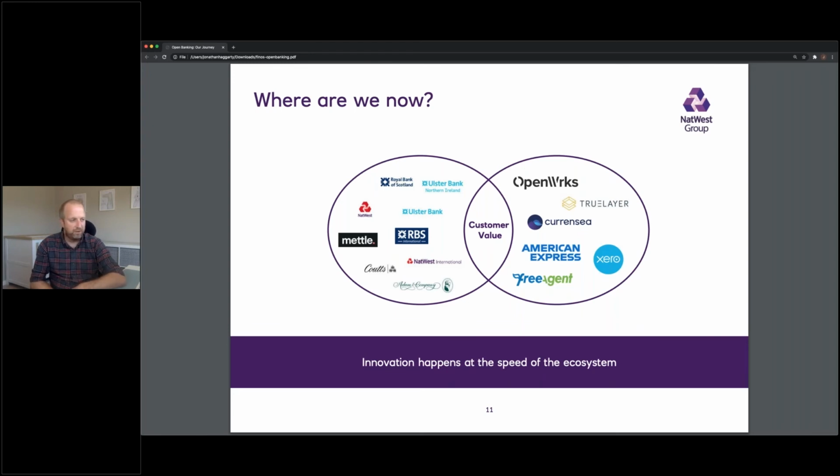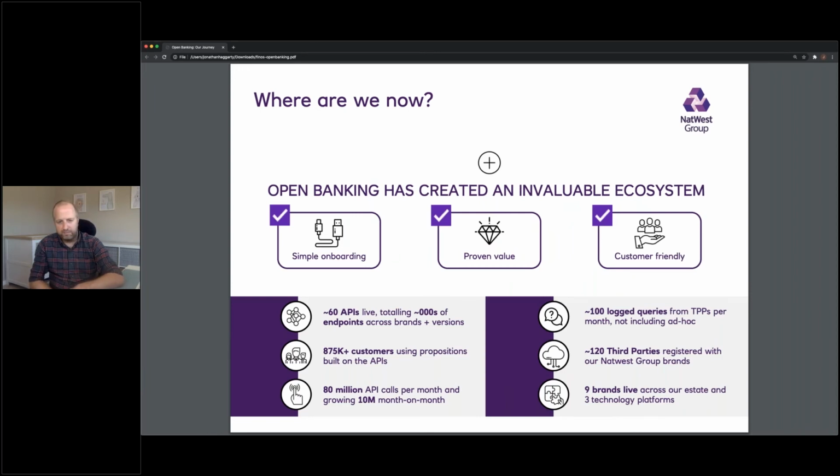We've implemented that across, I've listed some of our brands here and just frankly cherry picked a few of the third parties that are starting to really use open banking and APIs for various things. Put that into some stats for people in the room. If you're wondering about what's the real use, we have about 60 APIs live per brand, and we did have 10 brands live, but Bo departed us and has merged with Metal, which totals hundreds of different endpoints when you take into account